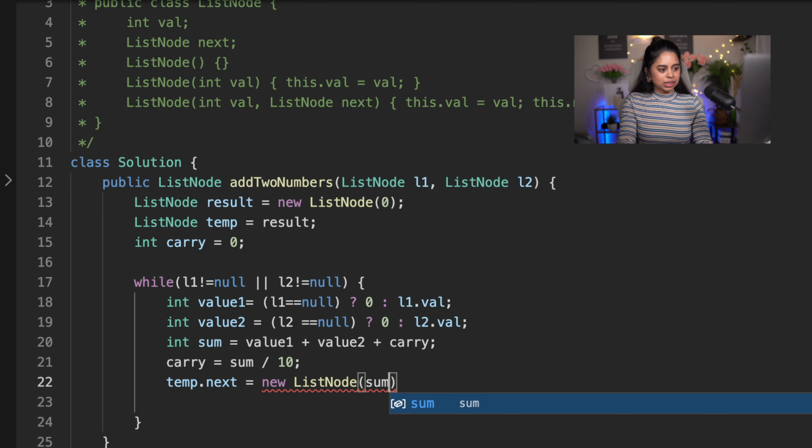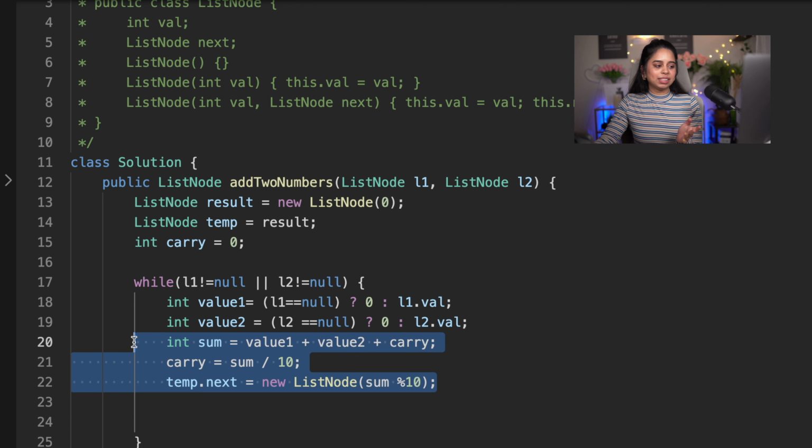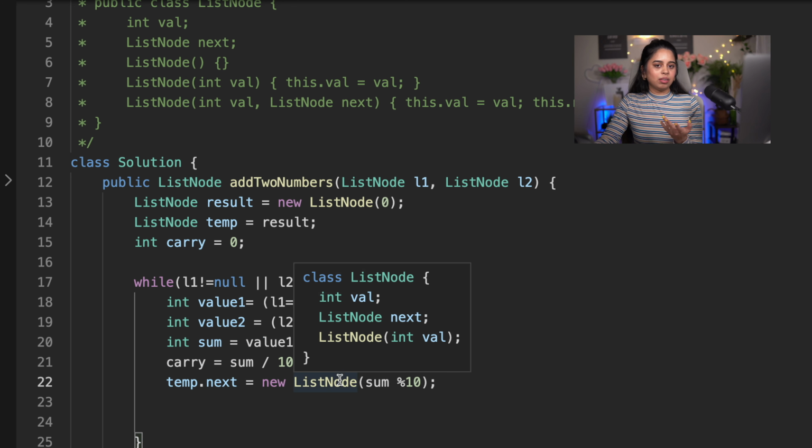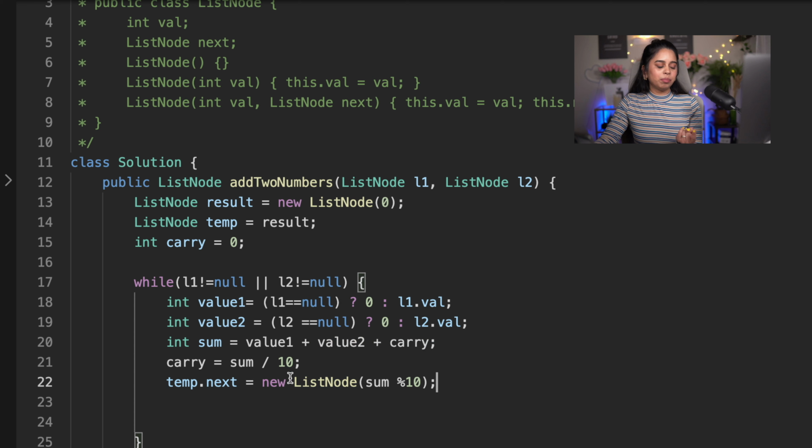Node is going to be sum modulus of 10. Okay, so I'm going to explain these three lines again. Consider that value 1 was 6 and value 2 is 4. Okay, and sum would be 10. So carry is going to be 10 divided by 10, which is 1, and temp is going to have a